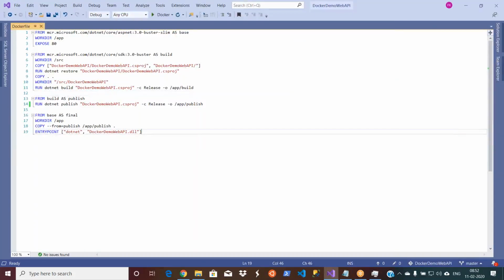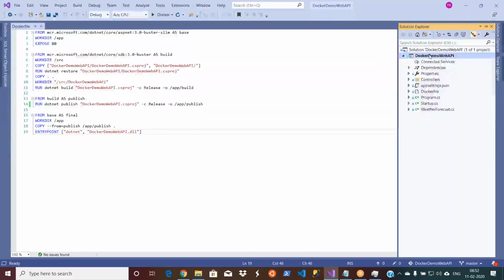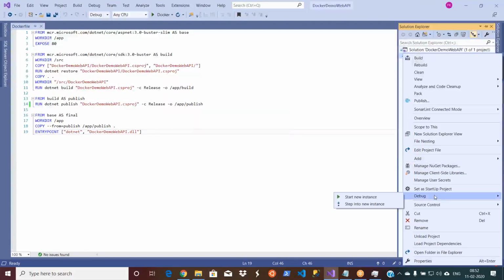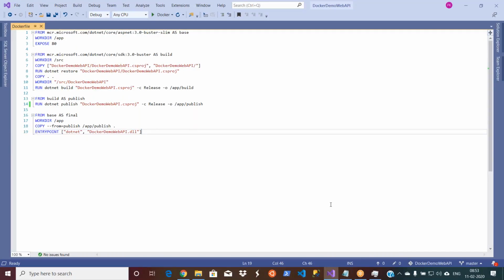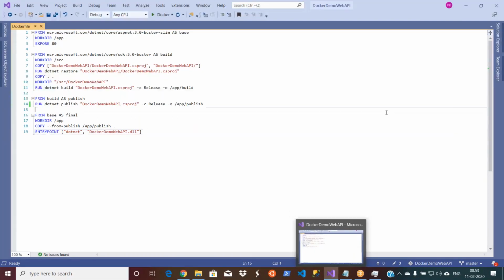Oh, if it is Visual Studio, you can right click on this. You will get an option here, enable Docker support. If you click on that enable Docker support, it will add the Docker file again for you. Right now my solution is already having the Docker file, so I don't see that option, but generally you will get another option, enable Docker support. You will get that one automatically. So you meant to say after creating the project also we can enable Docker support if it is Visual Studio, right? Exactly.